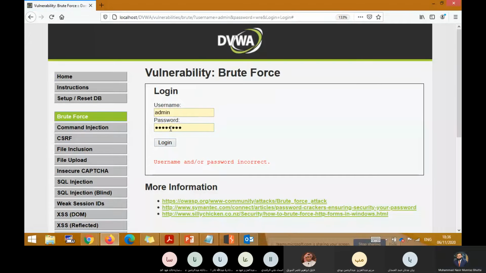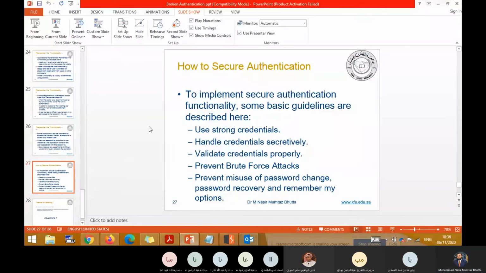Students, tell me. If they say your account is blocked after a certain number of attempts, how will you handle this situation? Any idea? Anyone? Brute force attack. Yeah, brute force, but after four or five times, they will block your account.